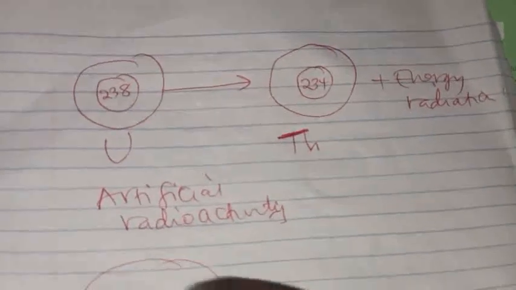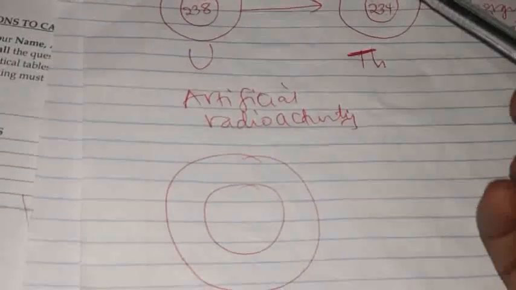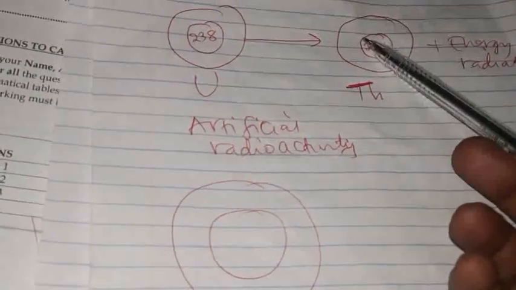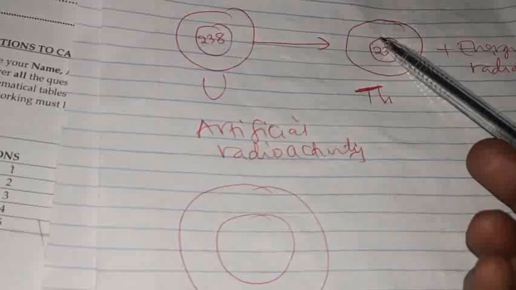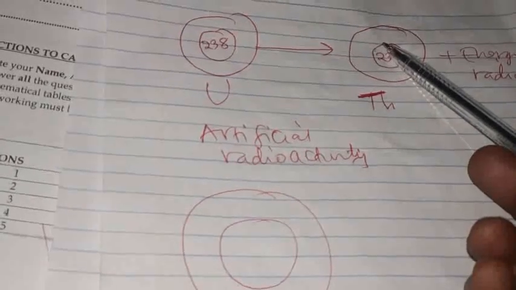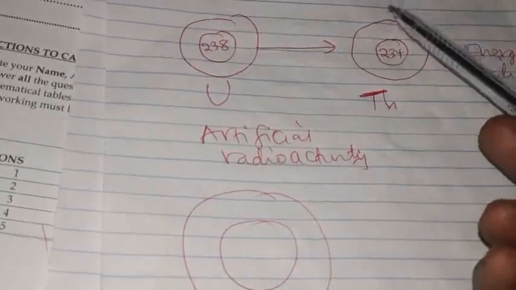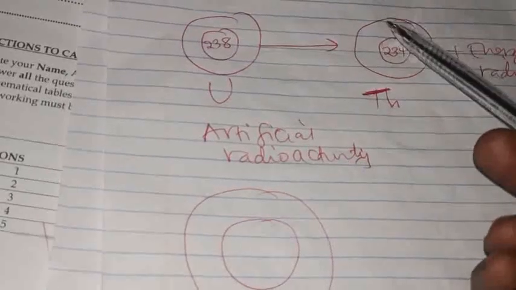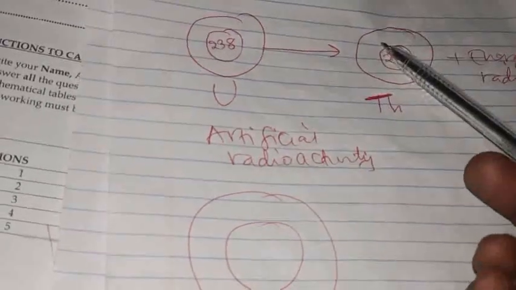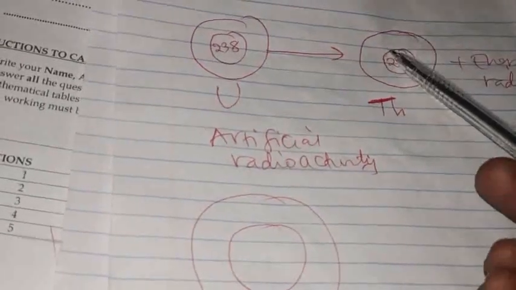It is a large but stable nuclide. The difference is, in natural radioactivity, the nuclide is unstable. You get the point? And it being unstable, it ends up splitting spontaneously, yielding a new nuclide with the emission